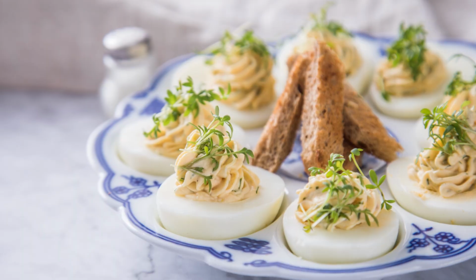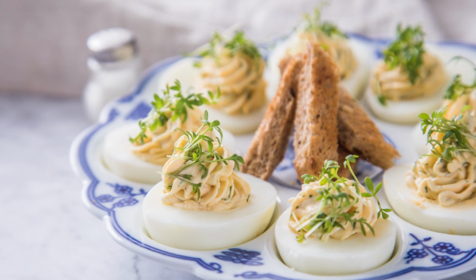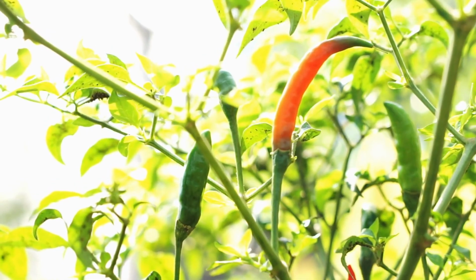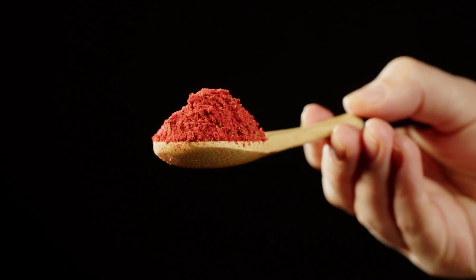More is more. Other ingredients that you can add to balance out the taste and make it more memorable include a dash of vinegar, a little Dijon mustard, some white or cayenne pepper, and a dash or 2 of paprika